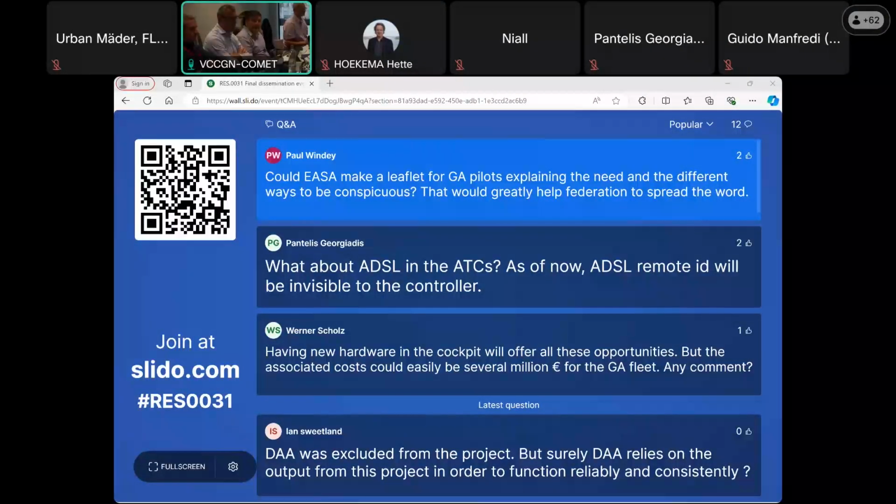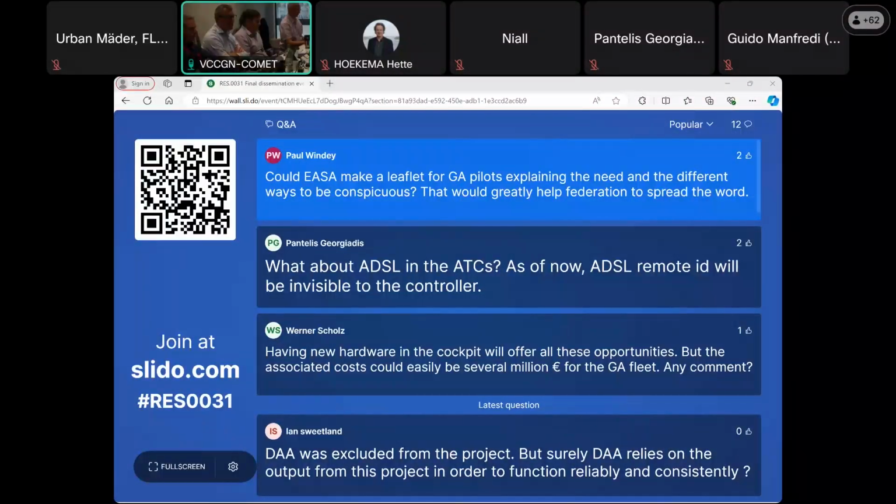We will be building on the results of the project to put more information on the website, but I will highlight here that we will need to do it because of constrained resources on all ends, not only on EASA, but also federations, associations. These are all volunteers. We would like to make it a team effort. So once the iConspicuity activity group is established, one of its tasks will be to promote